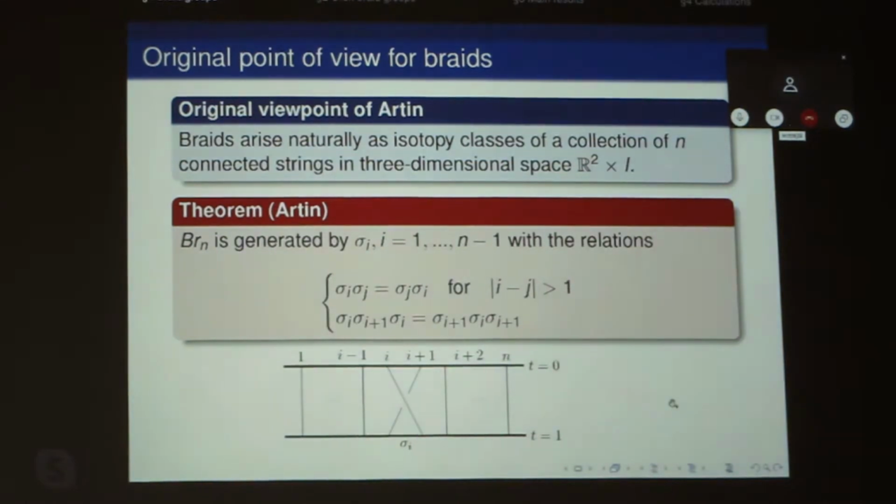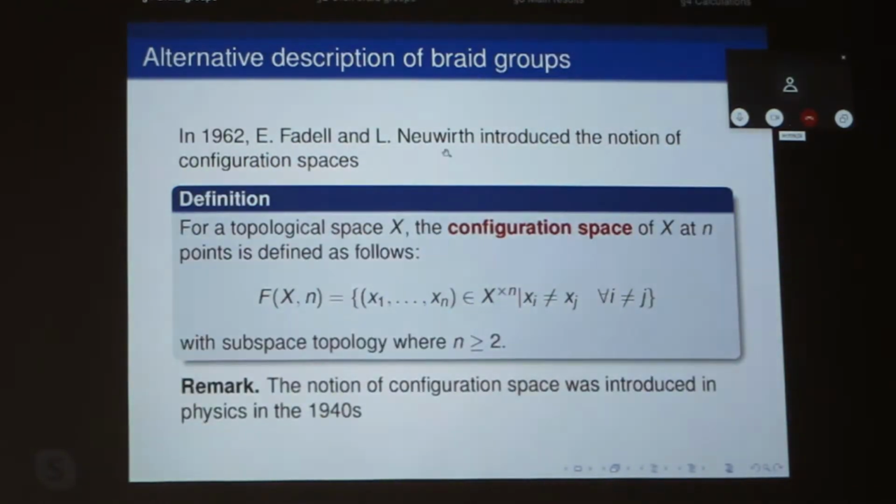In 1962, Fadell and Neuwirth introduced the notion of the configuration space. Here is the definition. For a topological space, the configuration space is defined this way. It is just the subspace of the